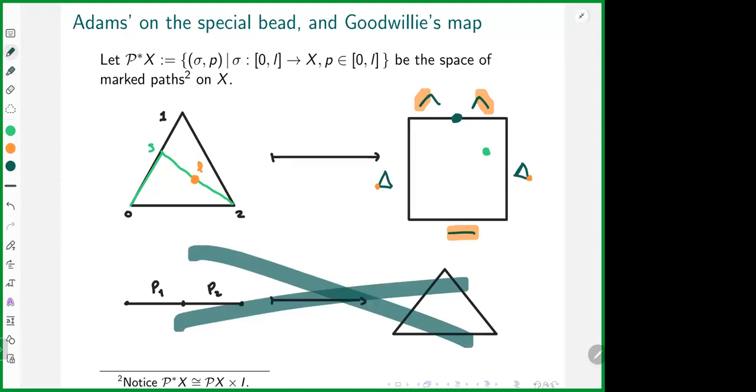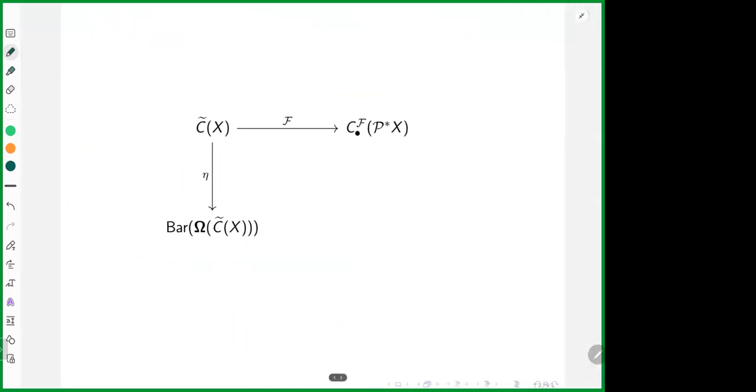So this idea of Adams is going to give us a map from the chains, the categorical coalgebra of chains, to cubical chains. But it's not really cubical because they have this subdivision there. So this is the map that we were seeing before. So we have a singular chain, and we're associating to it a subdivided cube of marked paths on